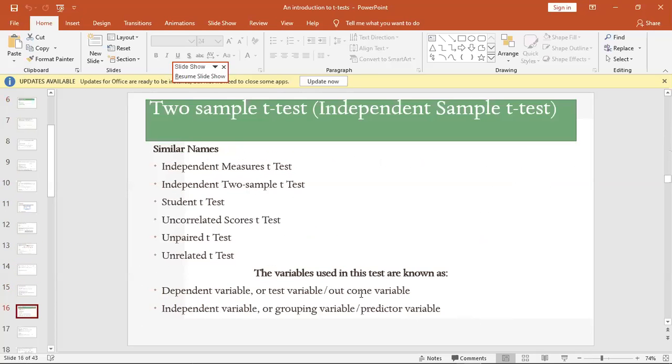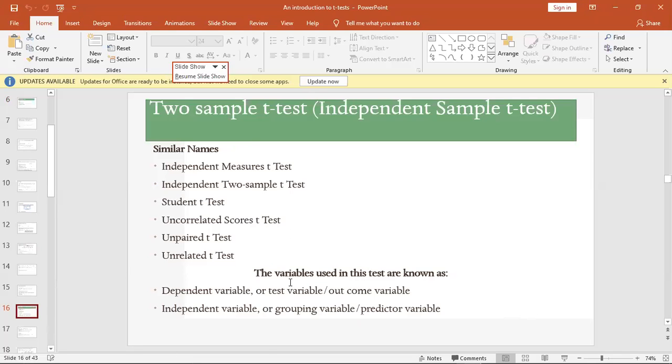So the second one is the two sample t-test, or independent sample t-test. This is the one that most of us are familiar with, because nowadays most researchers use this t-test. There are several similar names for this: independent sample t-test, two sample t-test, student t-test. Those are the similar names for this t-test. Before you run this t-test, you need to